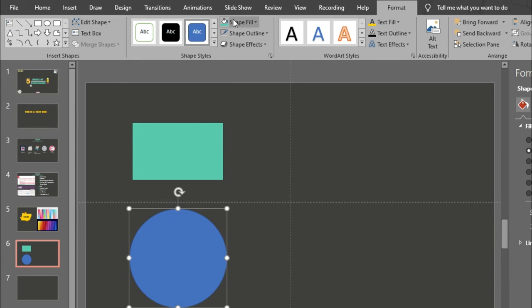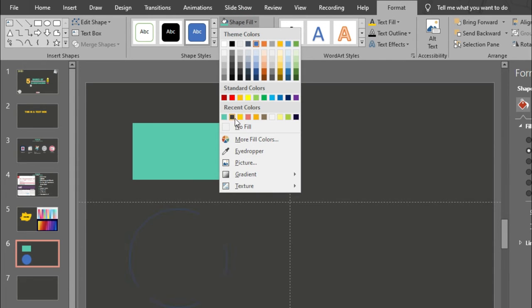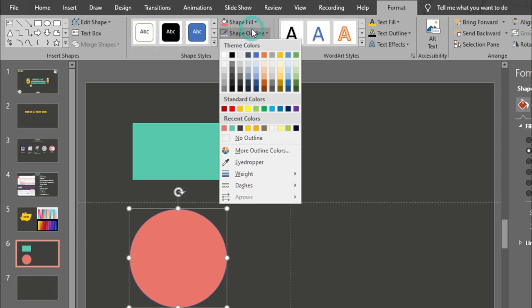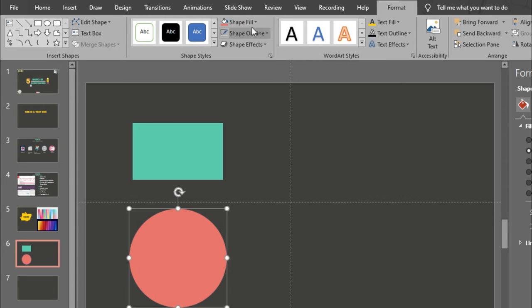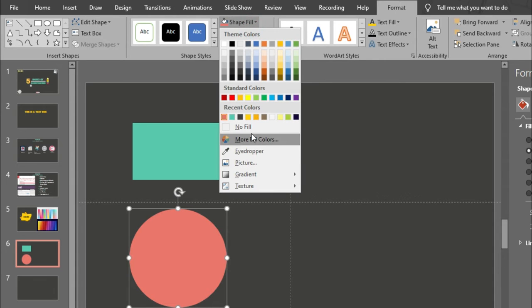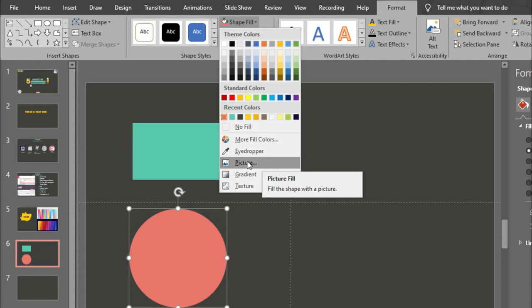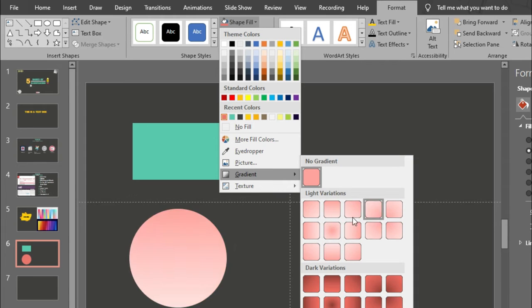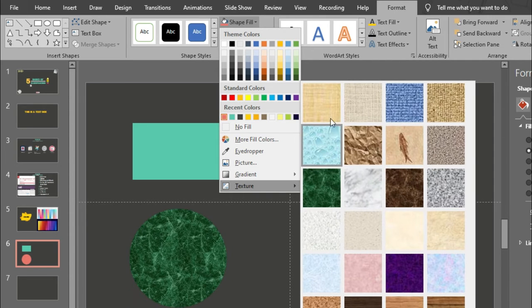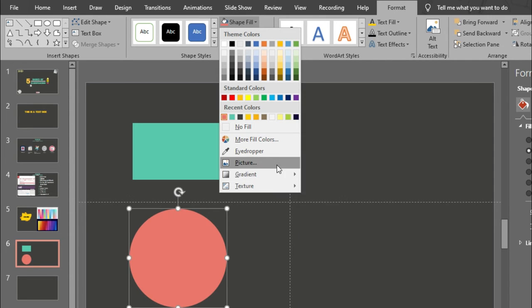You can also change this shape, select this shape, go to format, go to shape fill and set this color. Go to shape outline, say no outline. If you click on shape fill, you can see there are some other options available. You can change the shape into a picture. You can have the gradient fill. If you click on this gradient fill and hover over these colors, you can see the gradient presets. Then you can have some textures, which is not so cool.